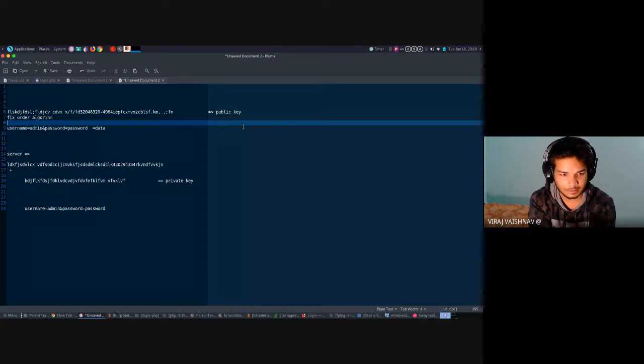अपन कैसे भी निकाल सकते हैं, बहुत सारे मेथड्स होते हैं. तो पब्लिक की निकालने के बाद उसका कोई यूज नहीं है एक्चुअली, क्योंकि वो बस एनक्रिप्ट करने के लिए यूज हो रही है, हम उस डेटा को डिक्रिप्ट नहीं कर सकते. तो यही सेम प्रोटोकॉल HTTPS में आता है, वो सर्वर से एक पब्लिक की लेता है, एनक्रिप्ट